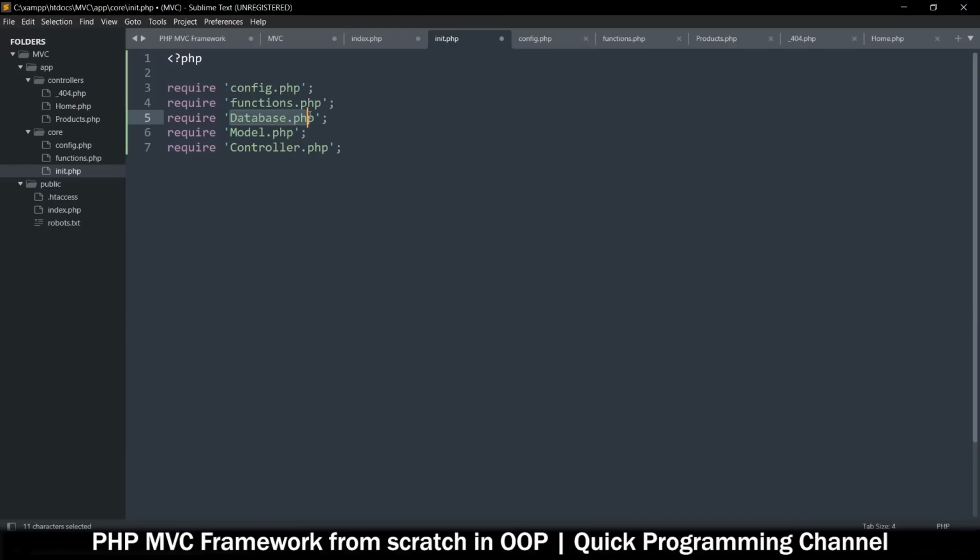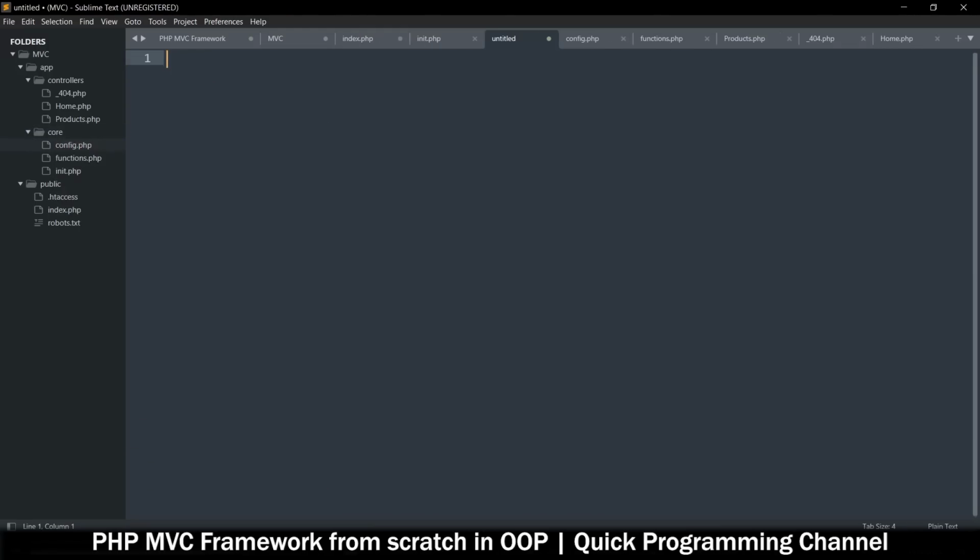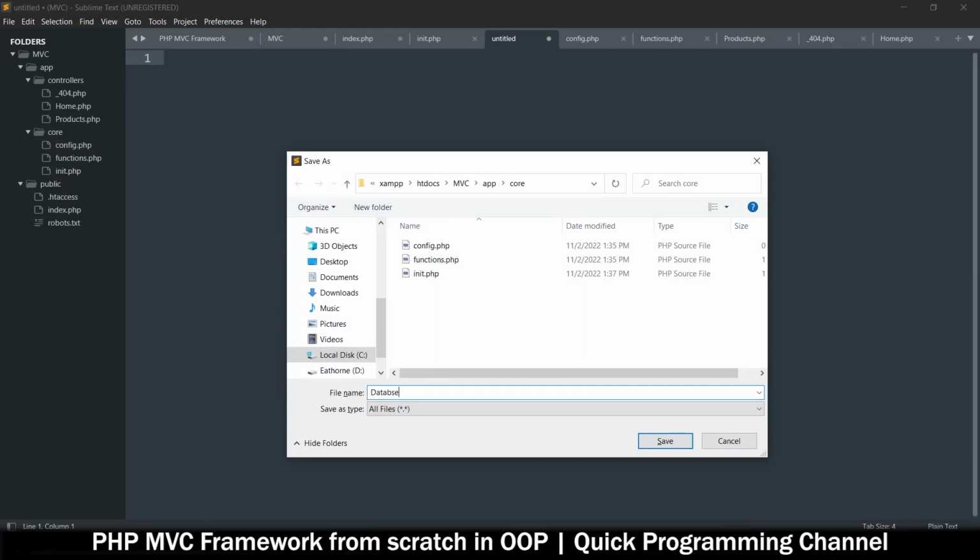Now I've put them in this order because model will extend database, and then controller will also extend database. Maybe not, but doesn't matter. We can put them in this order. So let me save that. Now, since these files are referenced here, we should create them here, of course. So I'll say new file, save this one to be